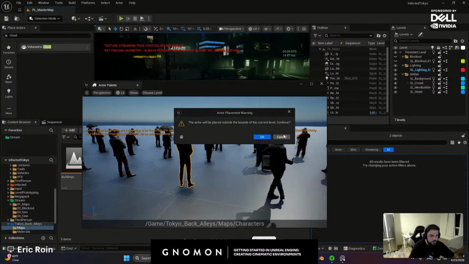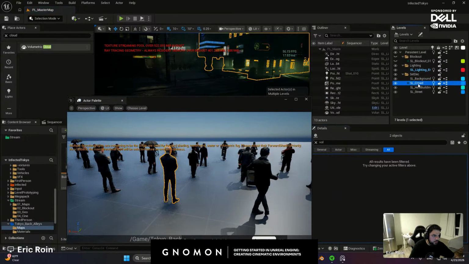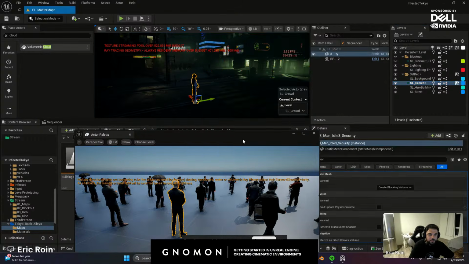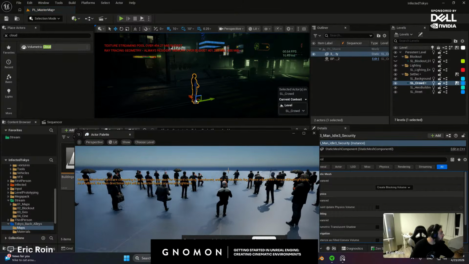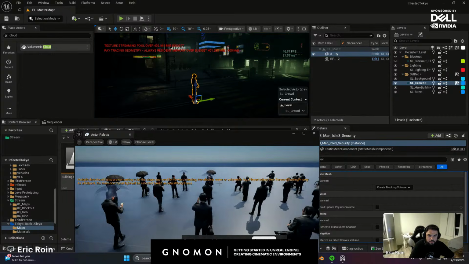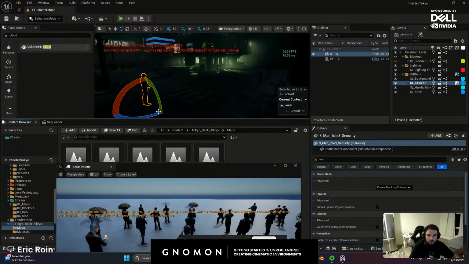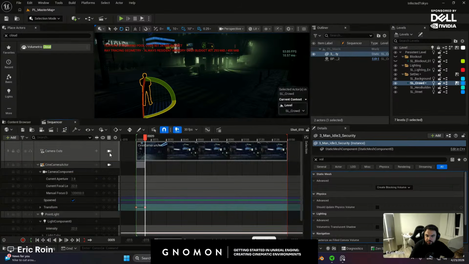He's pretty confident. Actually, let's cancel that. Let's make sure we're putting stuff into the right level. I'm going to double click on the crowd, basically like layers in Photoshop, and drop it in the appropriate level. Drop him in. And let's see how that looks from the camera. Back to my sequencer.